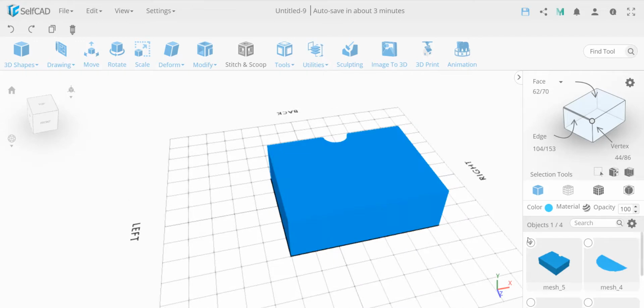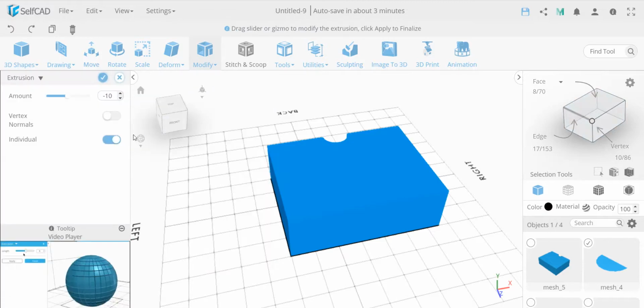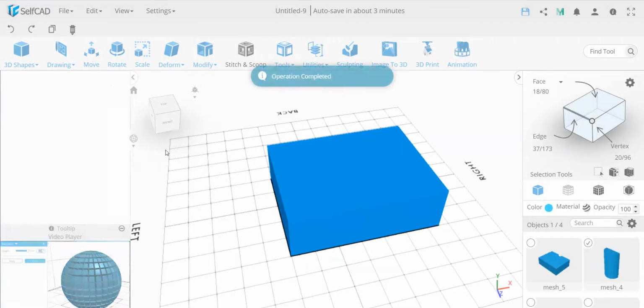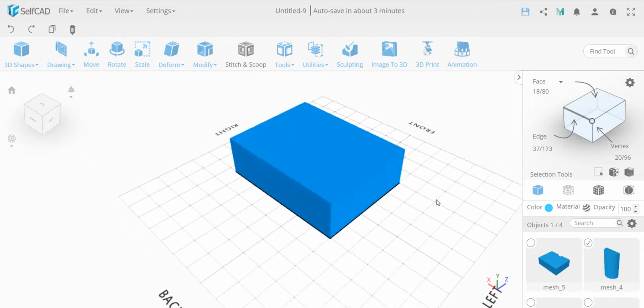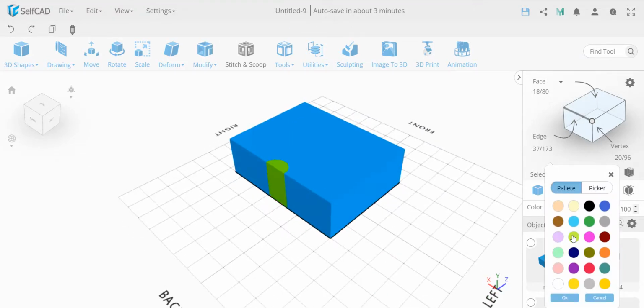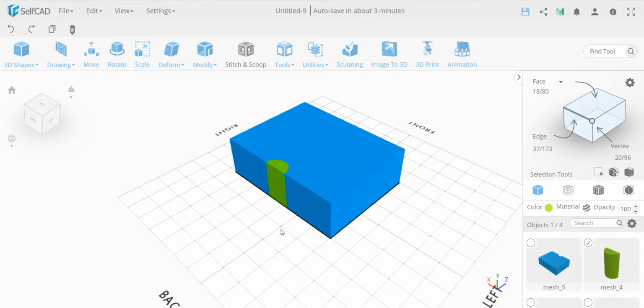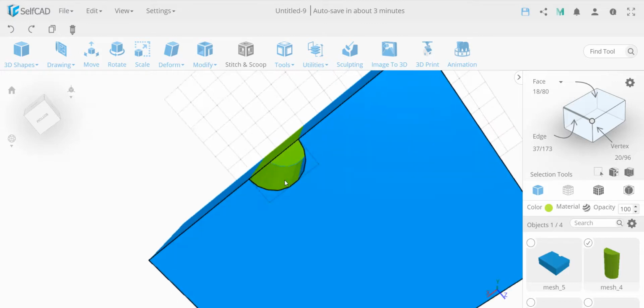Now I'm going to go to the other piece, this one, and use extrusion. I can do it with add thickness, but just to show a different thing. If I extrude this to 100, this will do the same thing basically. It filled it, and as you can see now I have the separate piece. You can barely see the difference unless I change color. You can see how this fits in, and you can print them separately and slide them in. But you can see this actually has a hole over here, because the extrusion extruded this and